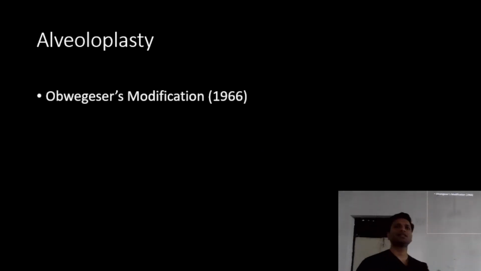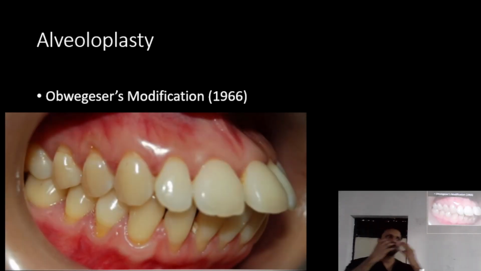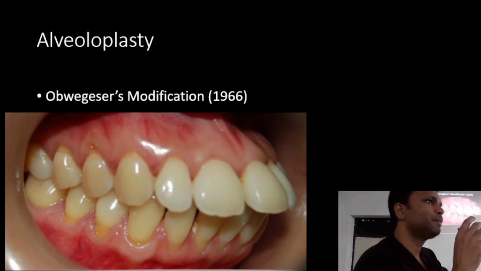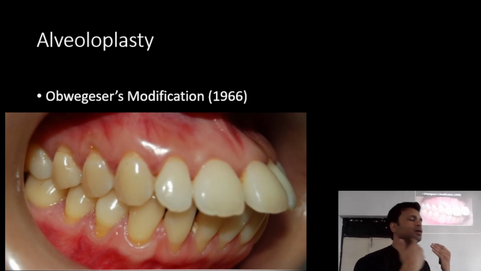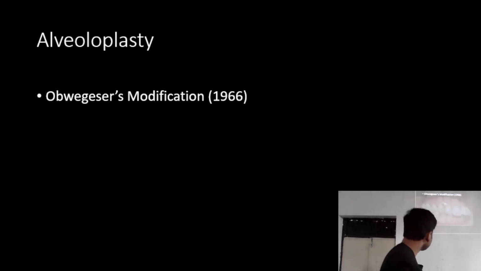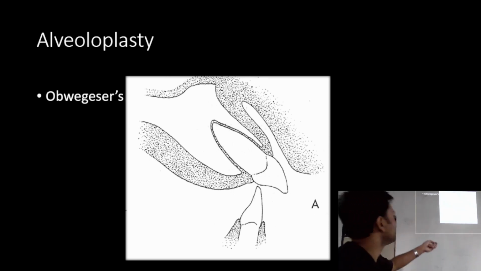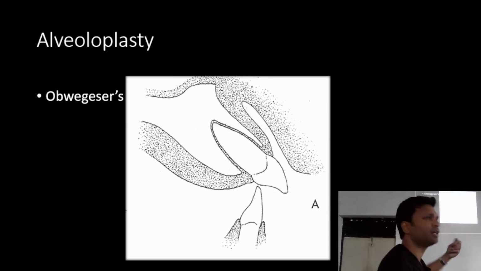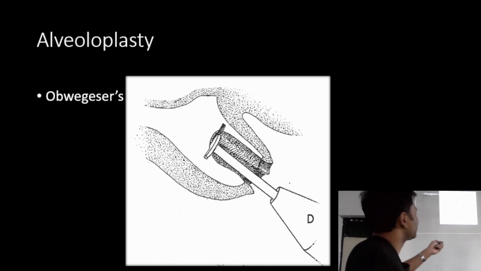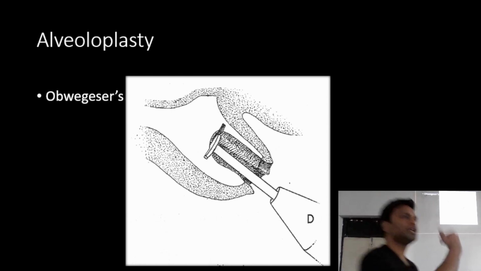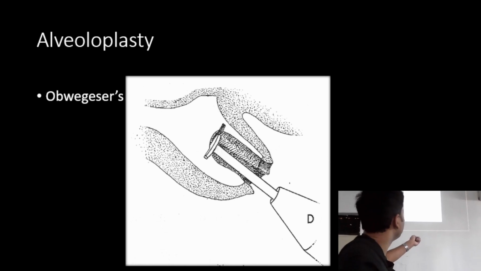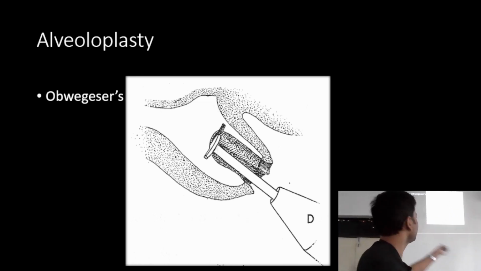Then there is an obvious modification of Dean's alveoloplasty. इसमें क्या होता है? This is used in cases where there is a huge proclination and we want to reposition both the palatal and buccal cortex, palatal and labial cortex. Okay. So what do we do in that? It is somewhat similar to Dean's alveoloplasty. We have anterior teeth that are severely proclined. So we extract the teeth. Okay. Interdental bone पूरी cut कर देंगे हम, and then using a disc burr, we are weakening the labial and palatal cortices. Okay, labial and palatal cortices को हम थोड़ा सा कट दे देते हैं so that it becomes weak.